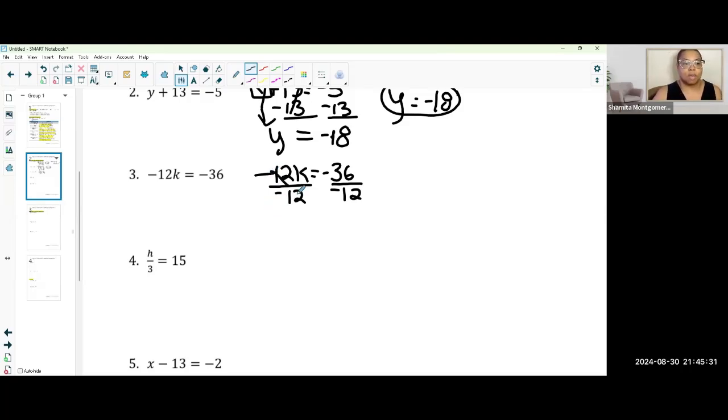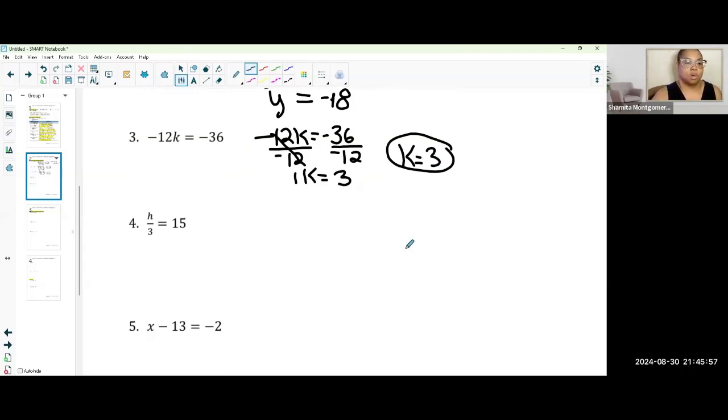Negative 12 divided by negative 12 is 1. So if you want to put 1k, bring down the equal sign. Negative 36 divided by negative 12. If you don't know your integer rules, a negative divided by a negative is always a positive. So 36 divided by 12 is 3. 1 times k is just k, and it's equal to 3. Okay. Number 4,